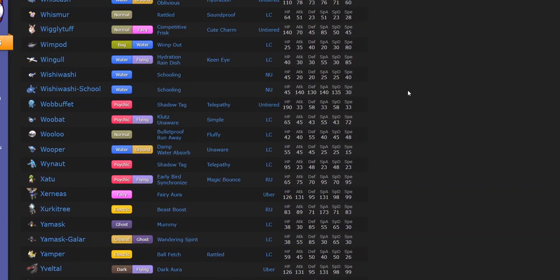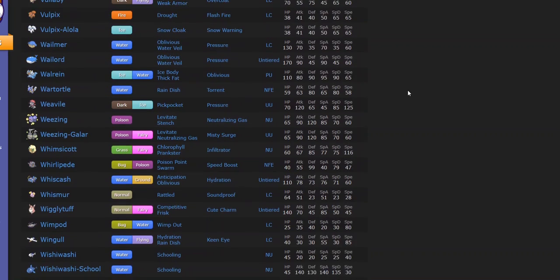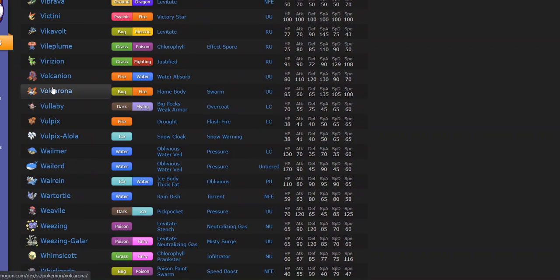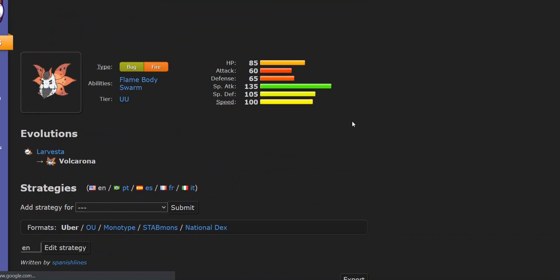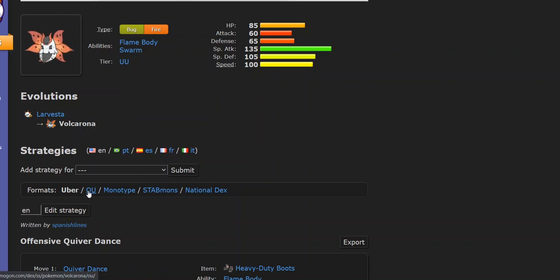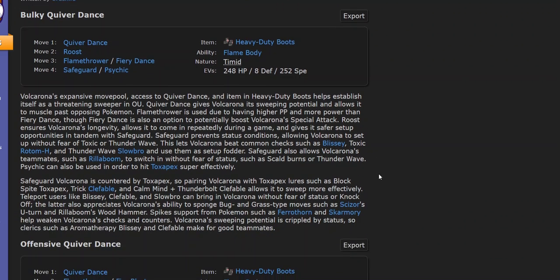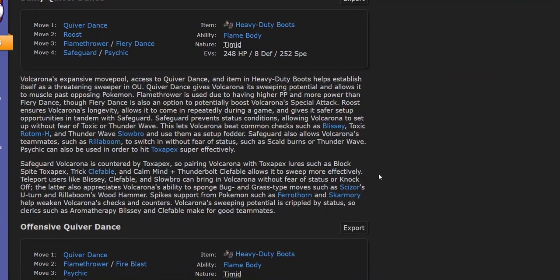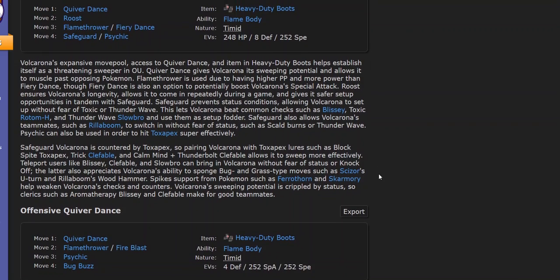Everything. And some of them don't have analysis because you don't see them in many tiers, but let's say it's something that's pretty damn good in OU. Let's say it's Volcarona, for example. You could click on Volcarona, and yeah, it's UU right now, but let's say you want to see what it uses in OU. Well, here you go. It runs a bulky Quiver Dance or an offensive Quiver Dance set, and here are some